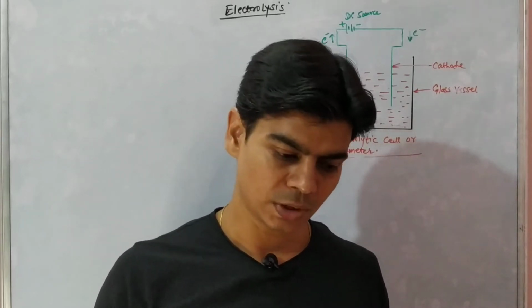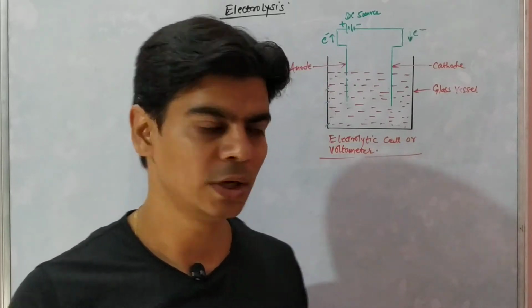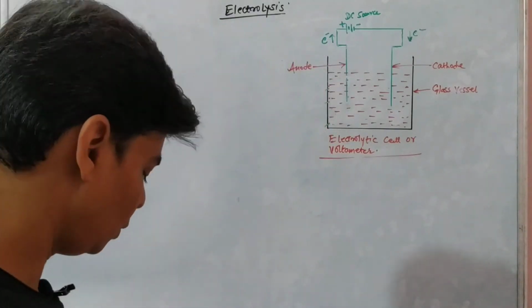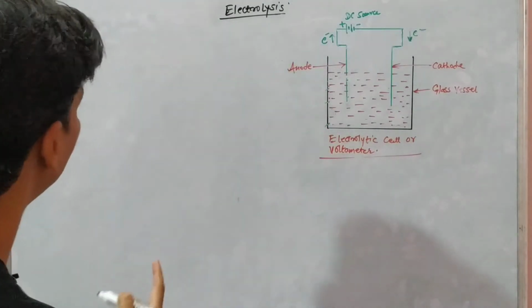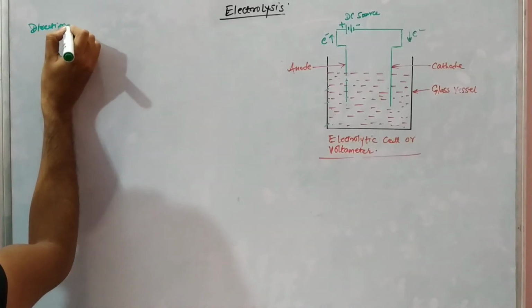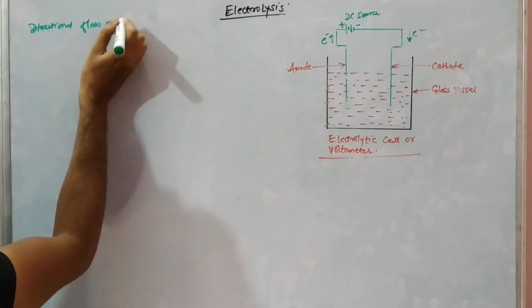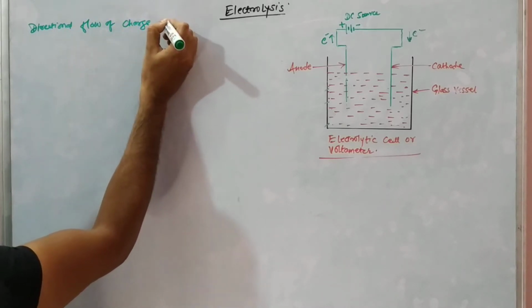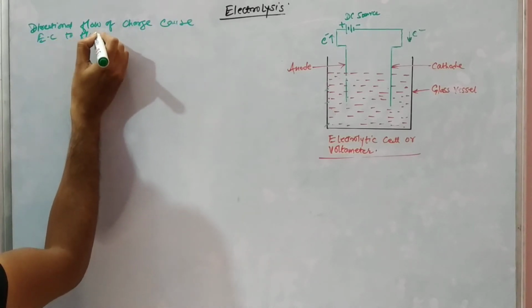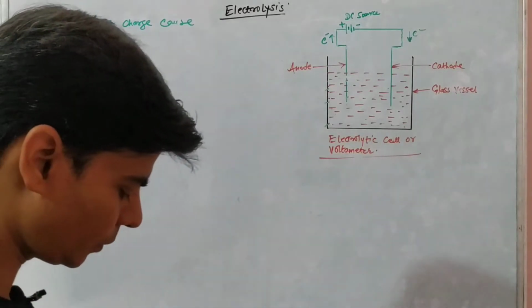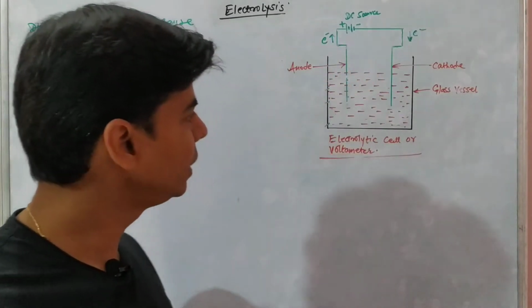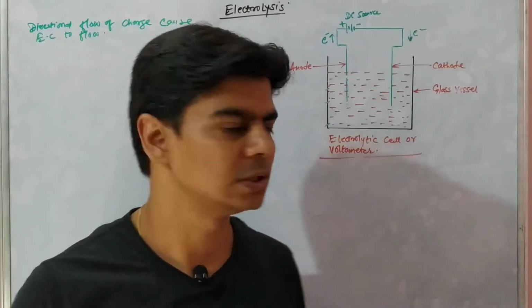Now we will see how the directional flow of charge will allow electricity to pass through this electrolyte, right? So I'll just mention here one thing and we will get back to that: directional flow of charge will cause electric current to flow, right? We'll get back to this, right? Now these metal rods, since we already know now that metals are good conductors of electricity, right?